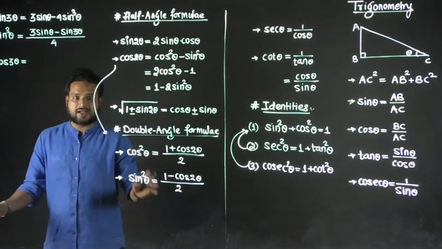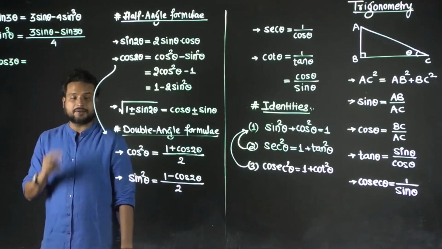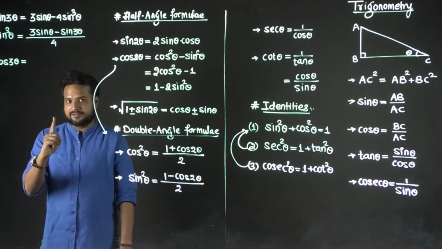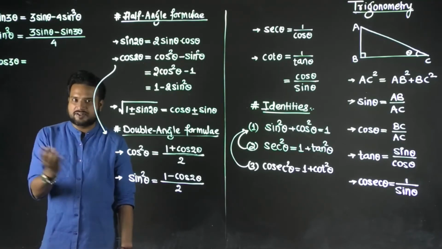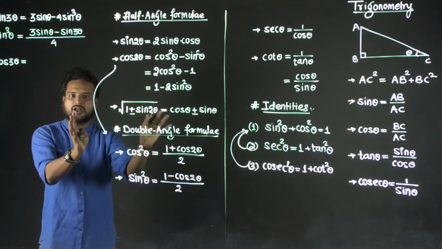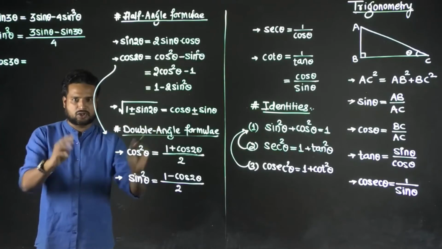There are formulae for tan as well, sec, cosec, but we are not going to get into that because in trigonometry you know one thing. If you have sine and cos, then everything can be evaluated. So it's better we concentrate ourselves only on sine and cos formulae in trigonometry, not others.